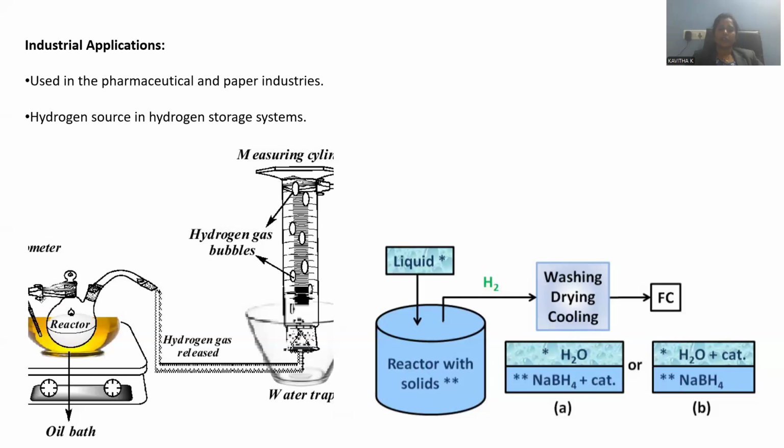And when all these three things are mixed together, that gives rise to the release of hydrogen gas, which passes as bubbles over there. And here is the measuring cylinder in order to collect the entire hydrogen gas. You can measure the extent of hydrogen generated by the reaction carried out within the vessel, right?